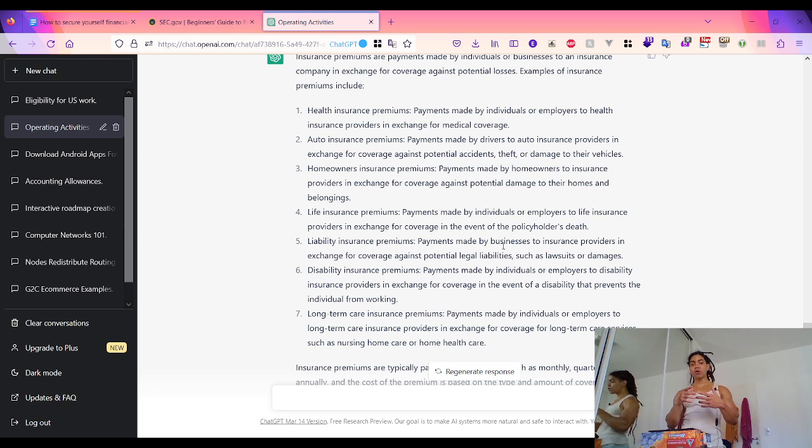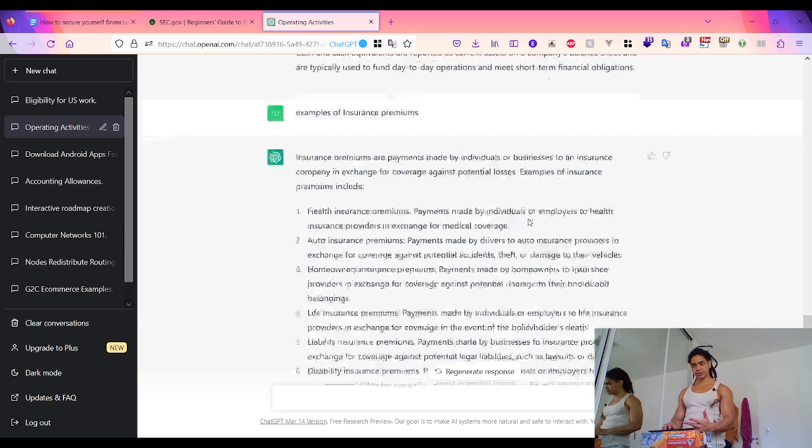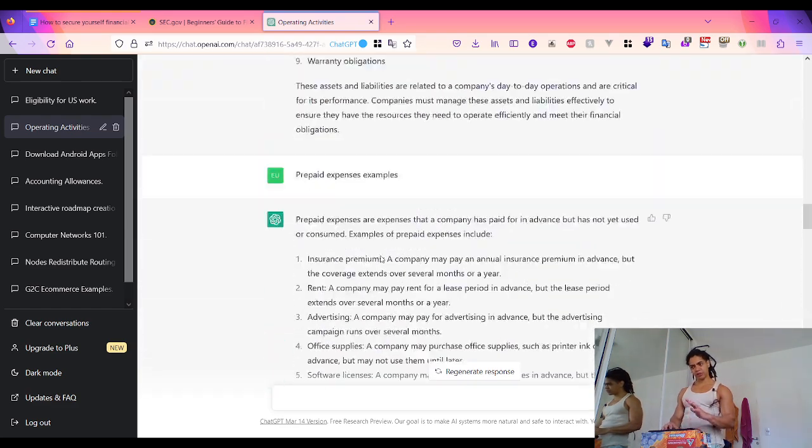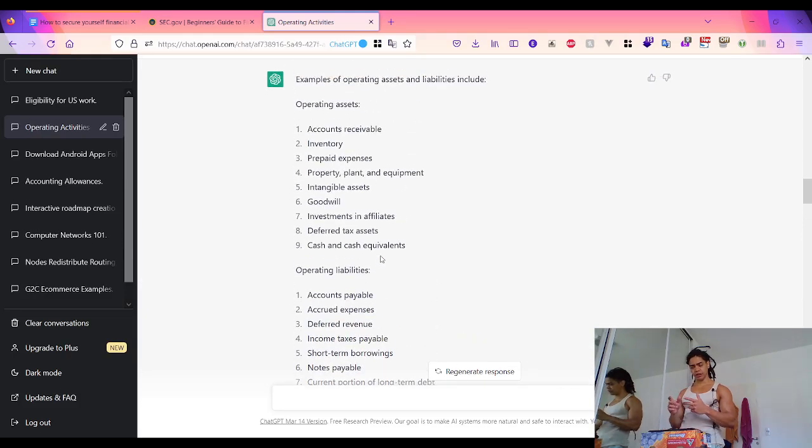Okay, another operating assets. So the first is cash. The first was accounts receivable, inventory, prepaid expense. I would like to remember the order here. So accounts receivable, inventory, prepaid expense, property, plant, and equipment,